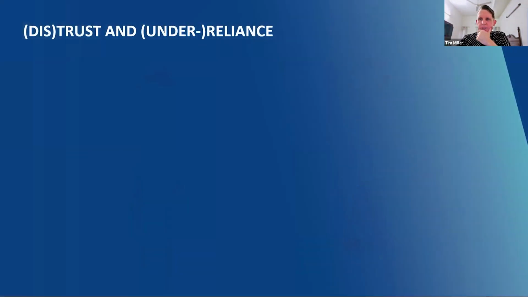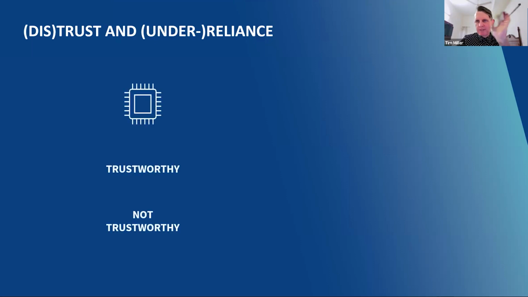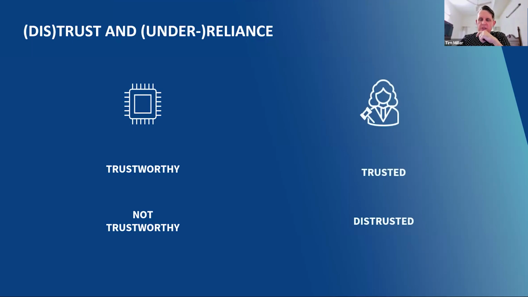But really, the reason these tools aren't working in using a recommendation is due to this sort of distrust and under-reliance and over-reliance. So if you imagine when you use a tool, to keep it a very simple sort of binary, it's not really this easy, but let's say the tool is either trustworthy or it's not. Here, this is really a sliding scale, but I'm keeping it basic. If you imagine a decision support tool, it's either good or it's not very good. And then you can either trust it, or you can distrust it.